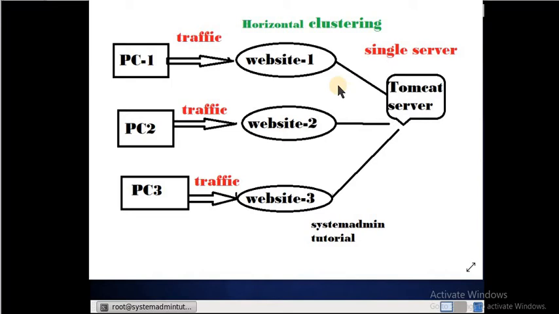So here we will create different instances, that is website 1, website 2 and website 3. Because you will run these applications on different ports, if any one port is getting blocked in the firewall or anything, the other websites should still work without any issue. So let's move into the configuration part. This is the picture which we will do: in a single server we will host three websites.